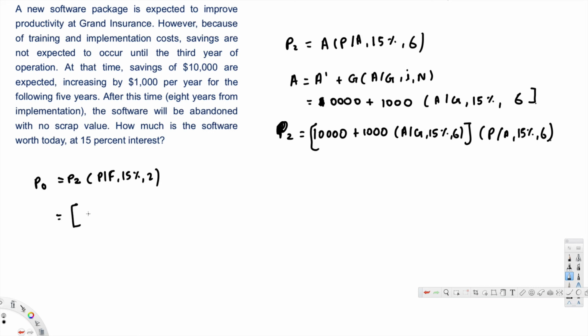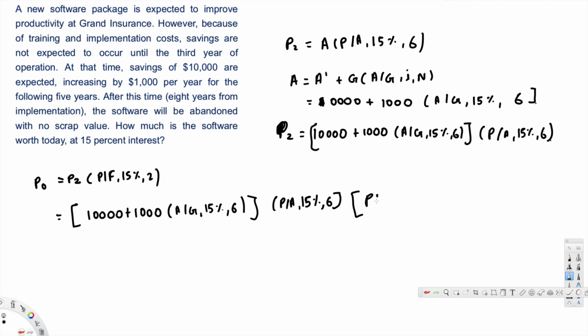That is, P2 is 10,000 plus 1,000 A over G, 15%, 6, and P over A, 15%, 6. This is P2 alone. Now the next thing is P over F,